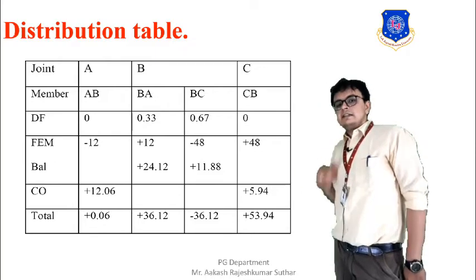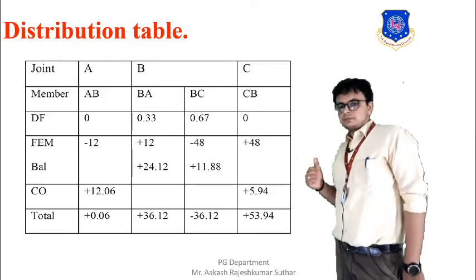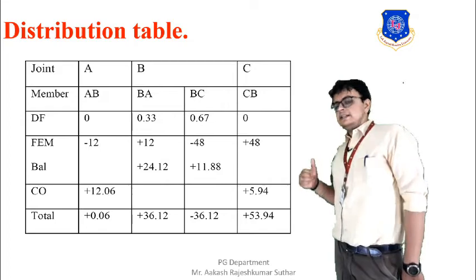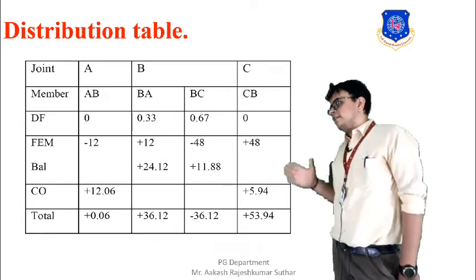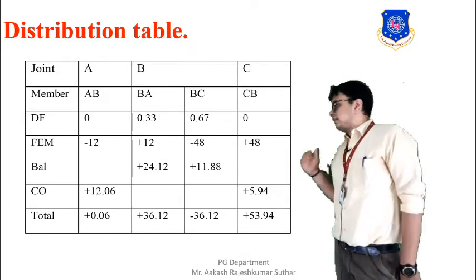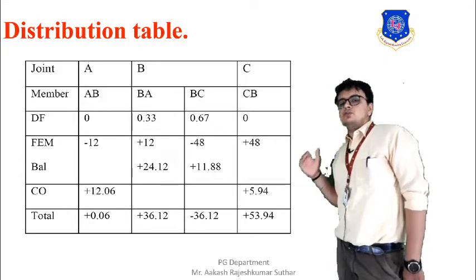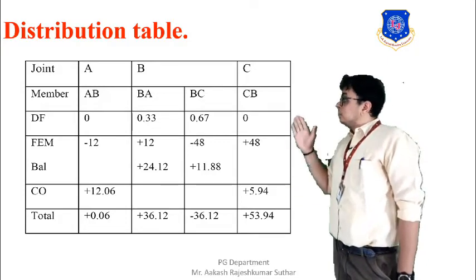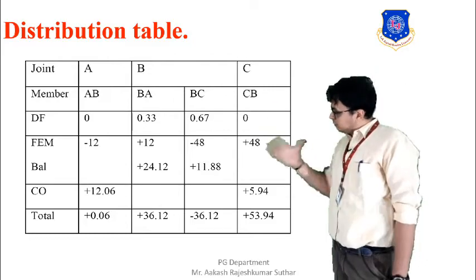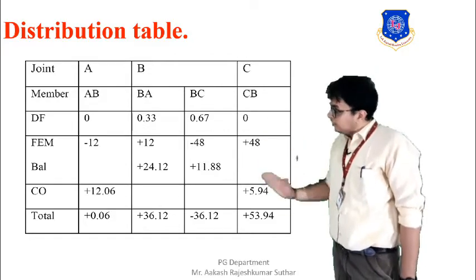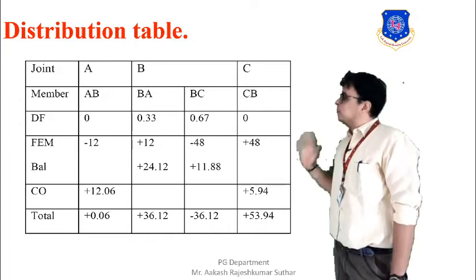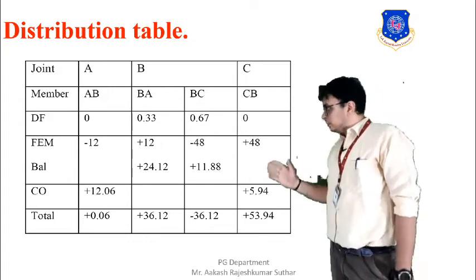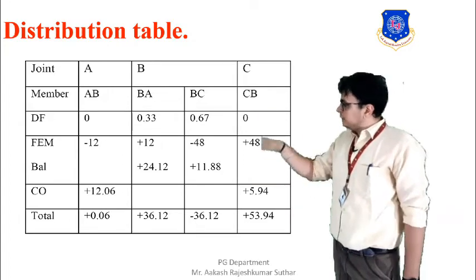After that it's time for BC. So for BC we have to calculate, and finally we are getting minus 36.12 kilonewton. Particularly at joint B, for BA we are getting 36.12 kilonewton meter and for BC we are getting minus 36.12 kilonewton meter. Means at the joint, on both the left side and the right side,